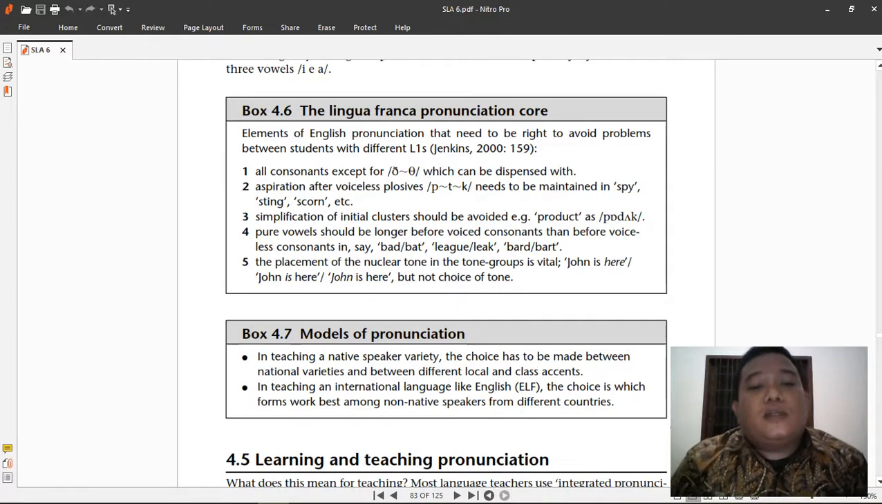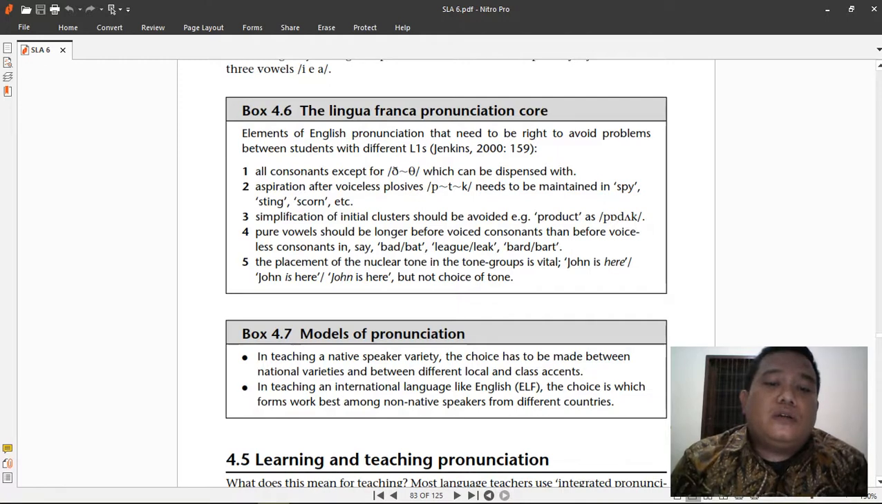Than before voiceless consonants. Okay, so pure vowels should be longer. In pronouncing a word which has a vowel and a voiced consonant, you need to pronounce it a bit longer than a word which has a voiceless consonant. As you've learned in phonetics and phonology, or in pronunciation, you should have learned that